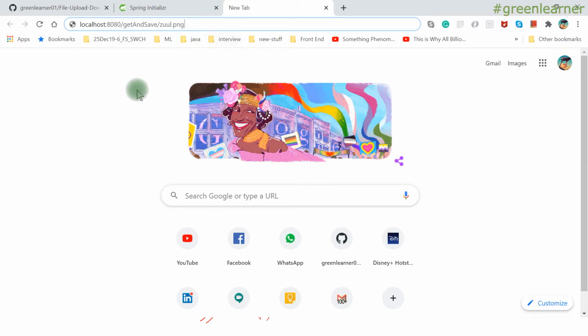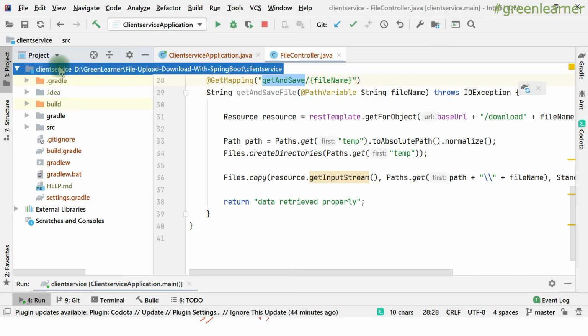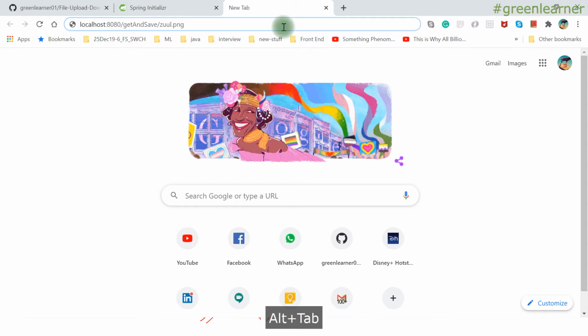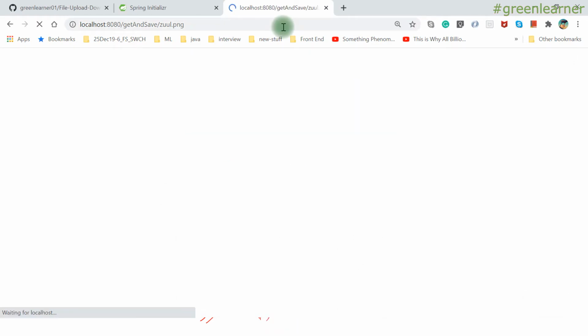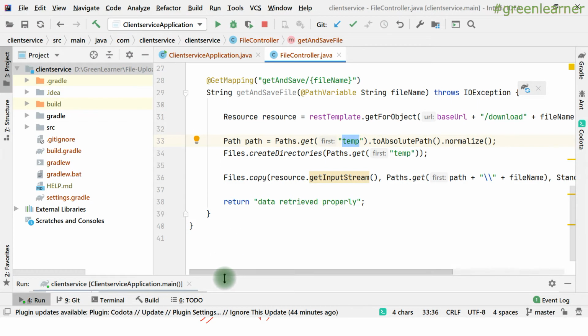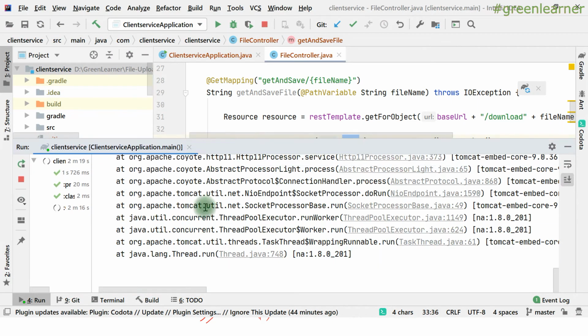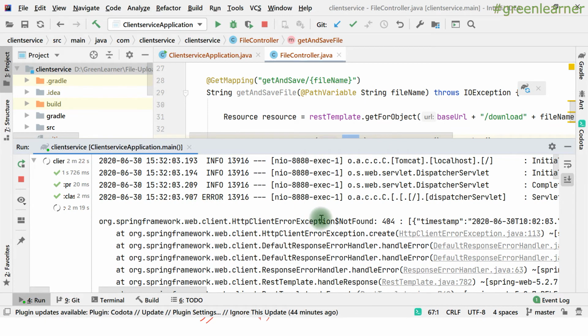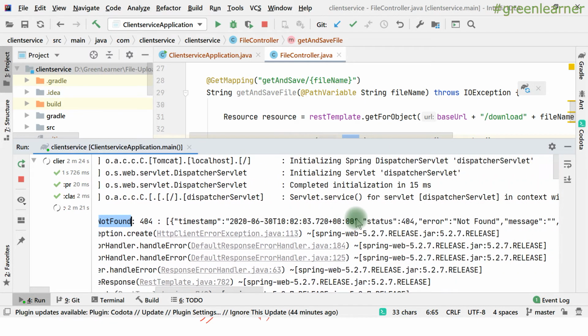So before hitting this endpoint, let me show you the project here. As of now there is no folder named temp or something, but after execution it is going to create this one, right? So this, okay, it is throwing some error. Let's see what is that. Okay, not found,